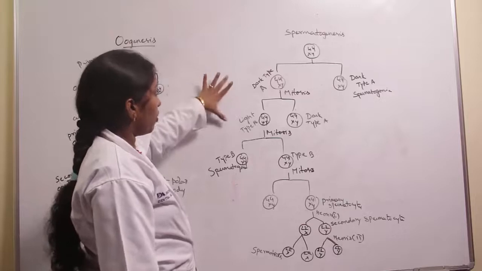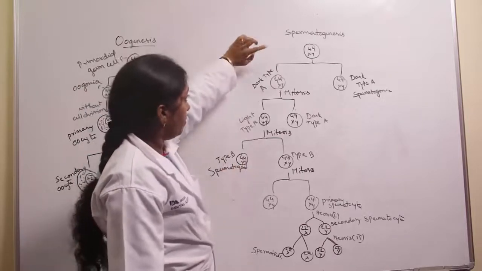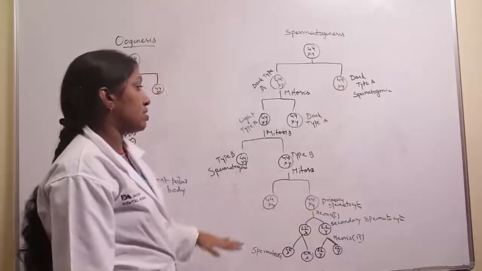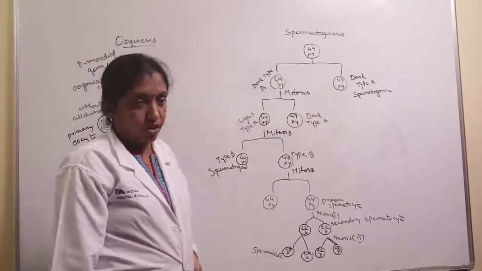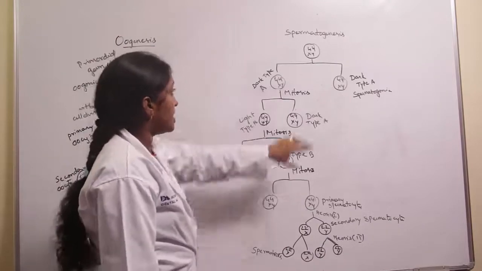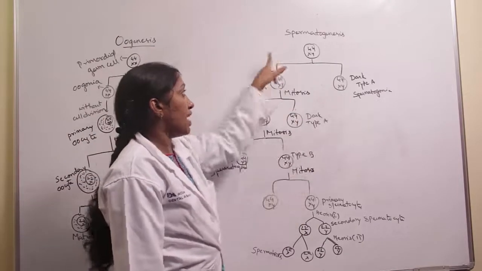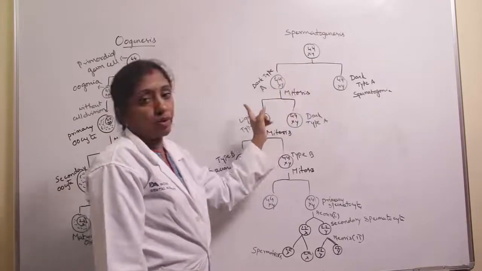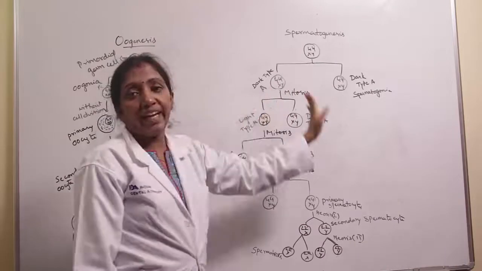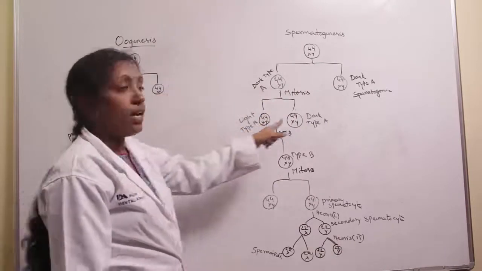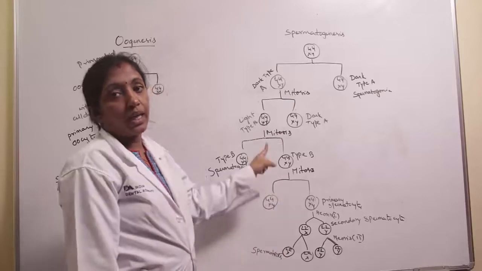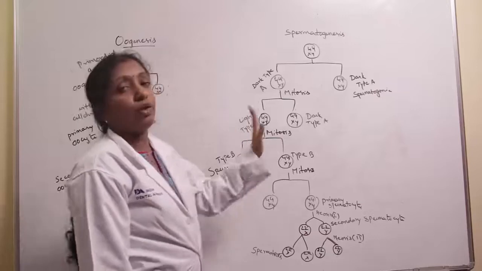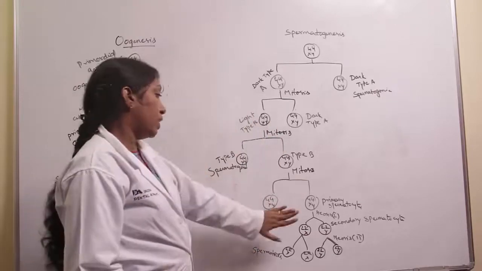So this entire process, from dark type A spermatogonia up to primary spermatocytes, is called spermatocytogenesis. First of all, the primordial germ cells undergo mitosis to give dark type A spermatogonia. Again, dark type A spermatogonia divide to form light type A and dark type A spermatogonia. Light type A spermatogonia again divide to give type B spermatogonia, and type B spermatogonia again undergo mitosis to give